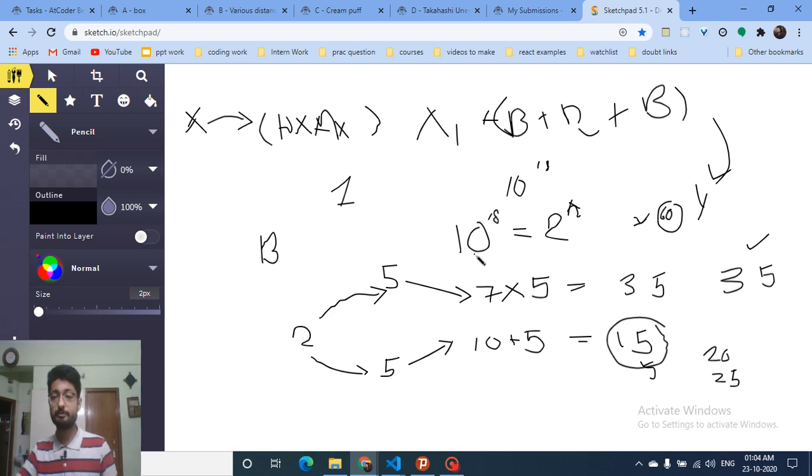So because it is 60, in at most 60 steps I can reach from 2 to the power 18, or like 10 to the power 18, which is a very large number. So it means I don't have to check a lot of numbers, and thus this technique works fine.